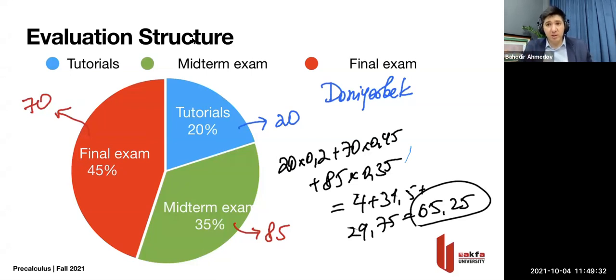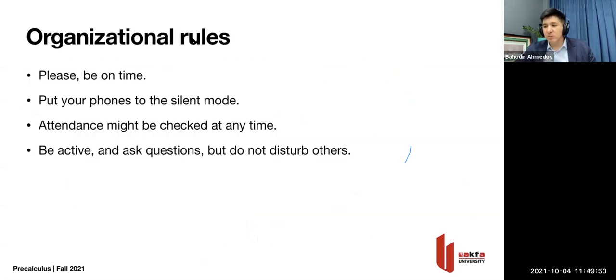Okay, this is how we are going to calculate the grade for each student in every course. You're going to get the grades for tutorials, for the exams, for the labs, and at the end, professors are going to weight your grades depending on their percentage in your evaluation structure, and then they're going to provide them to the academic affairs, and the system is going to put the ABCD grades automatically.